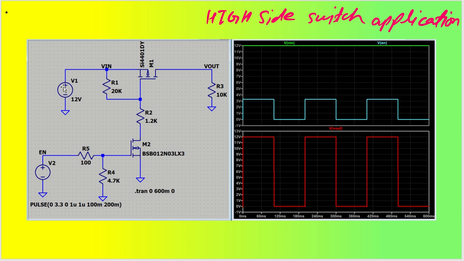You can see we have an input power supply here, let us say a 12-volt battery or 20-volt battery, anything. This is from your battery supply or main power supply. Your aim is not to connect this power supply directly to the system at this place. This is, let us say, my load. Whenever the system is switched off, you want it to be disconnected. That's the reason this is a P channel MOSFET. So this is my PMOS, which is helping you to disconnect the input power supply to the system load